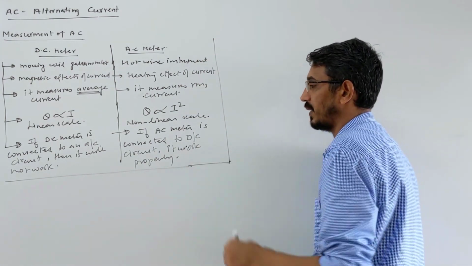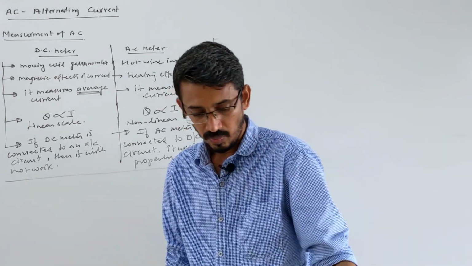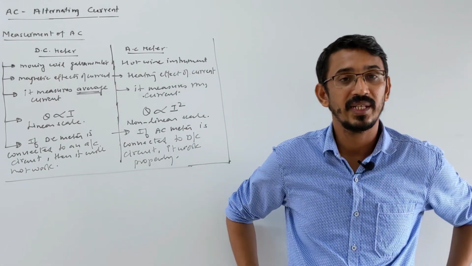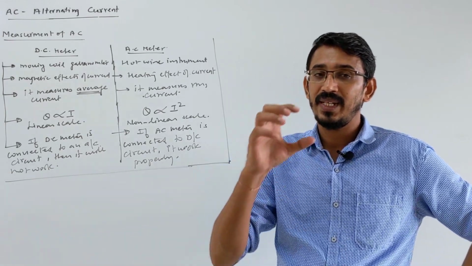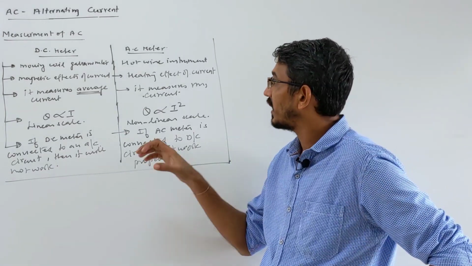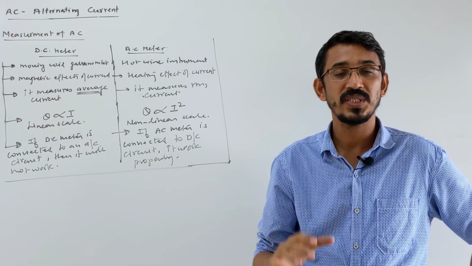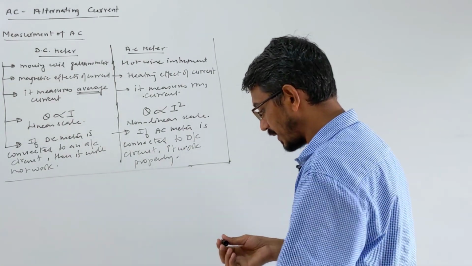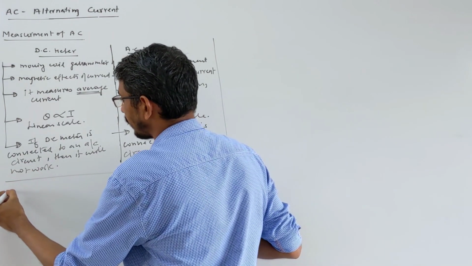We talked about measurement. Now we'll talk about small things. We have three elements: resistance, capacitance and inductance. We will see that when we connect these individually to an AC circuit, how they behave, what the relation between current and potential is. So one by one we will do all these things. Let's start. First we write resistance.